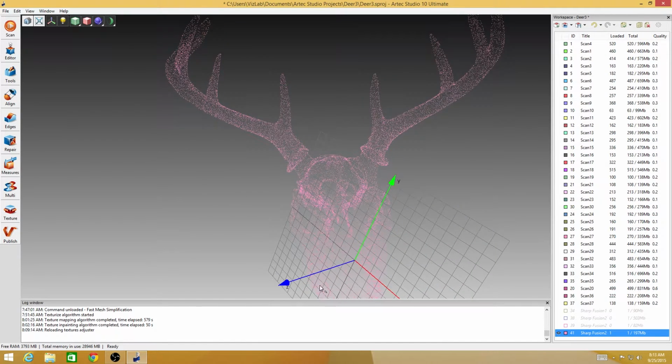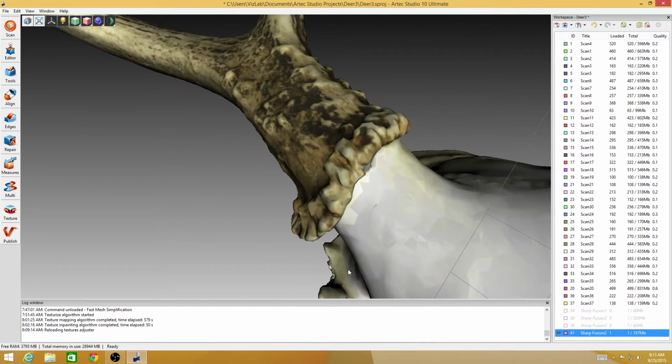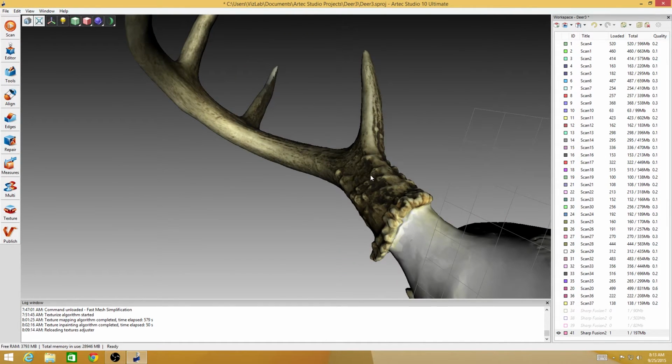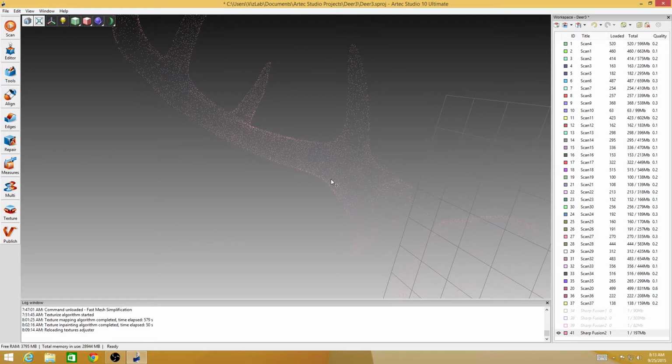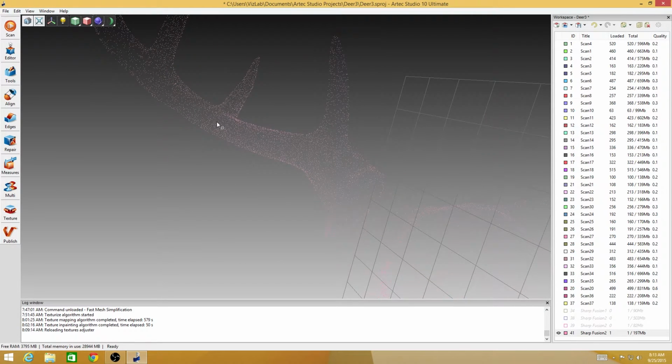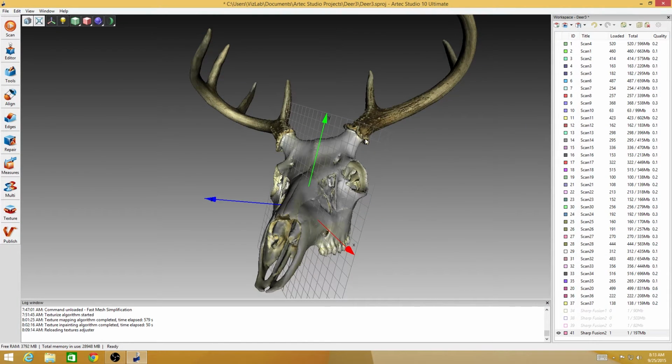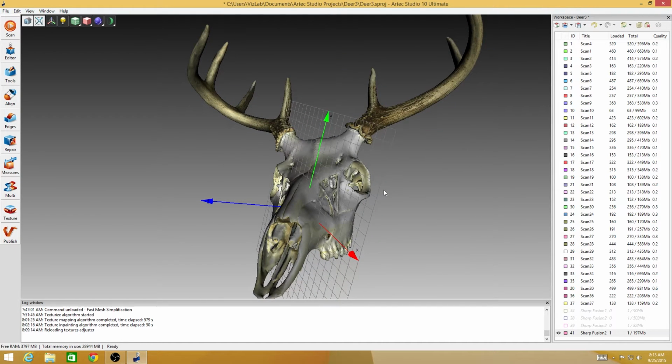And if we get a really close look at this, you can see it really captured a lot of the detail. I mean, it's not perfect. I mean, the 22 million polygon version isn't perfect, but it is really close. Really, really close. Okay, so with our OBJ file being exported, we are done with the skull, done with Artec